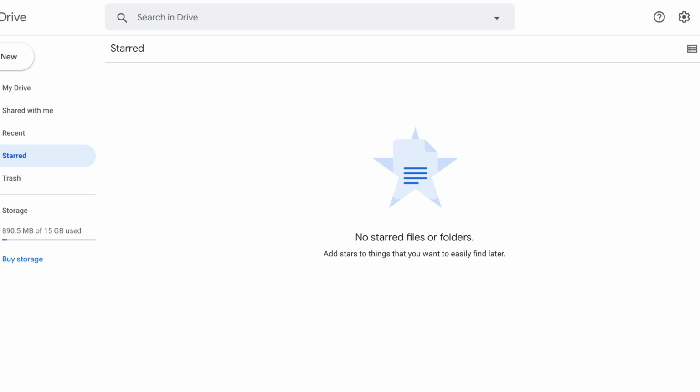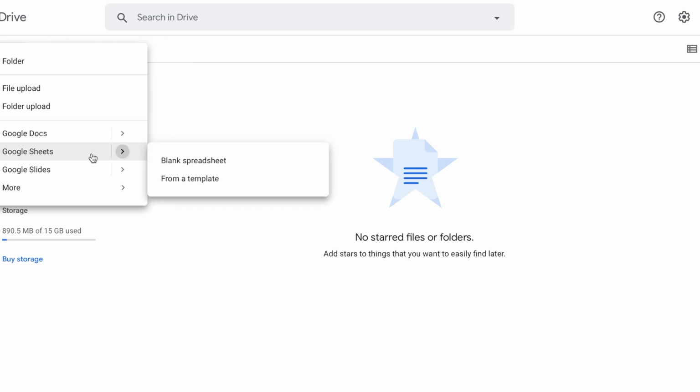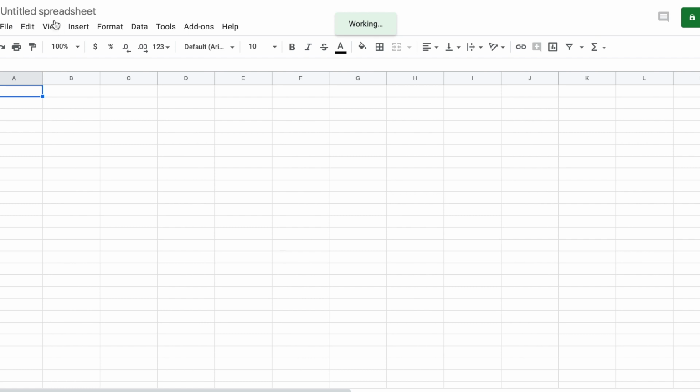For that, first we will start by going to Google Drive, and then from there we will select Google Sheets, select a blank spreadsheet, and yes, you have your spreadsheet here. First we will rename the spreadsheet, and we will put bulk QR code generator tool.